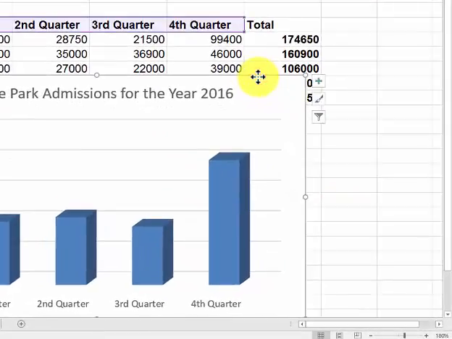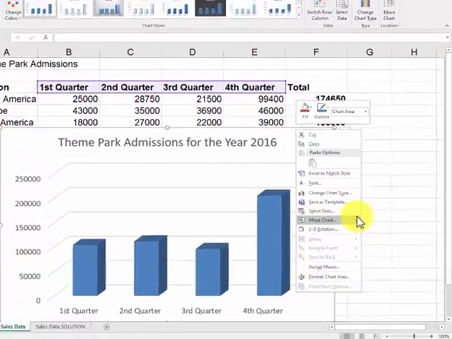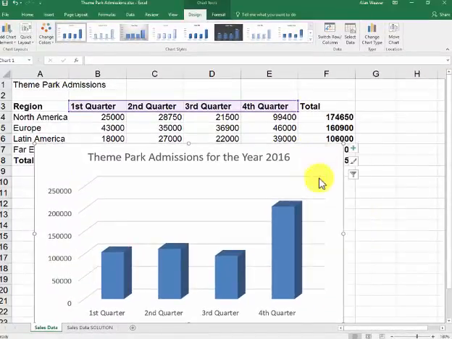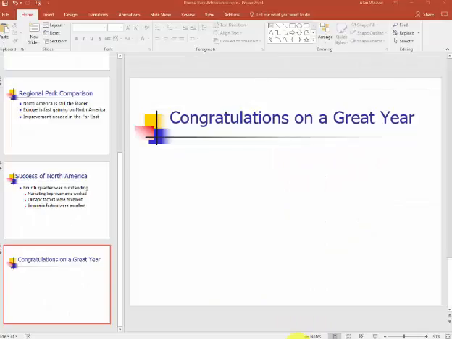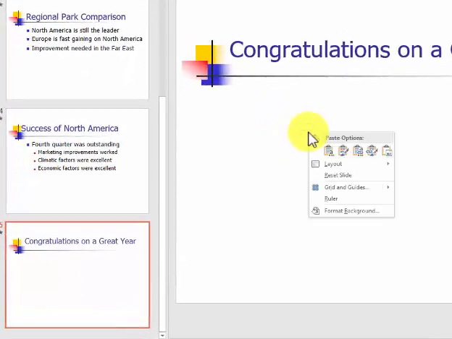What I want to do is copy, paste, link it, so that if there are any changes, it shows up. I right-click inside here. I click on copy, or I could have done a Control-C. Go back into PowerPoint. What I want to do is paste link it. I could right-click inside here. If I want to find the paste link,